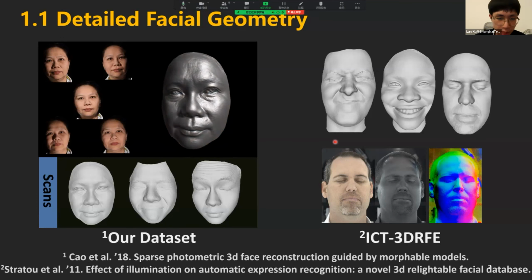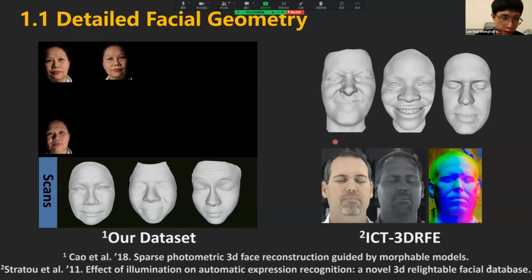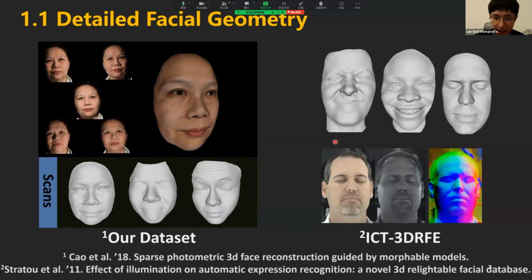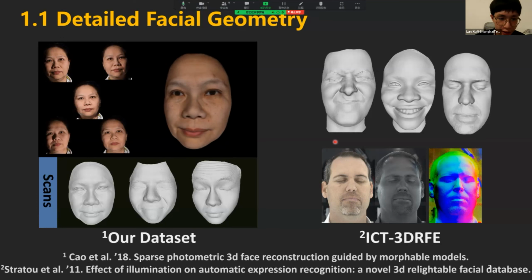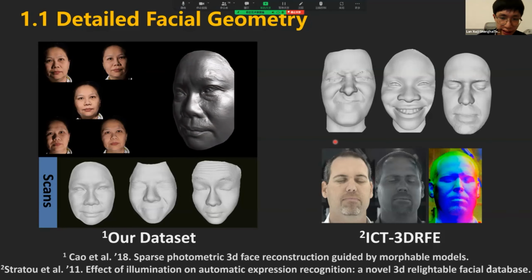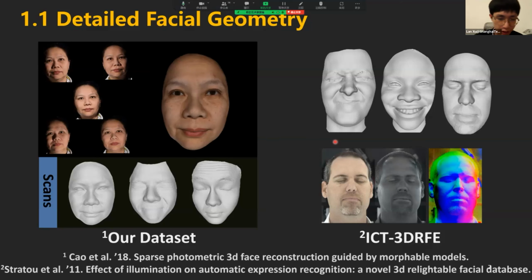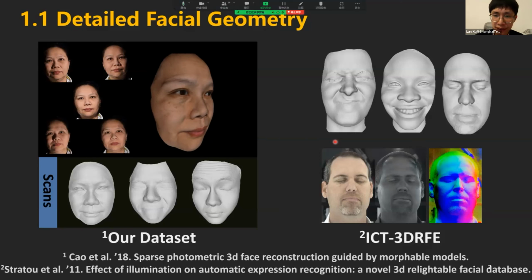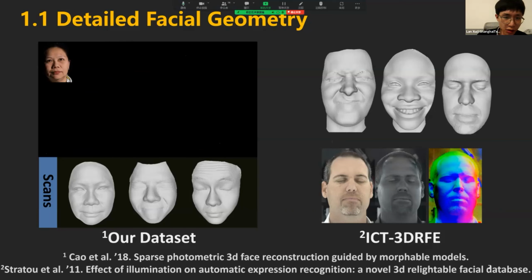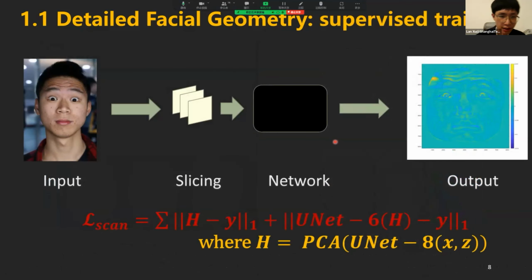And we capture about 400 high quality 3D scans for about 120 identities under several different facial expressions. We also augment our training data with available data sets, including the one from ICT. And we also train the network by slicing the input images and the output displacements, because